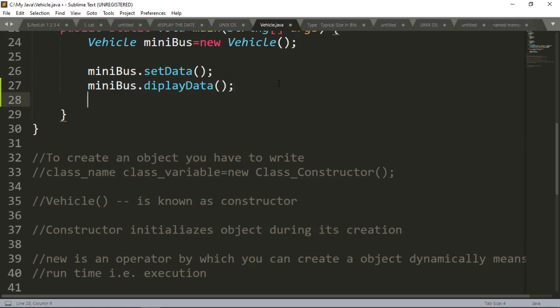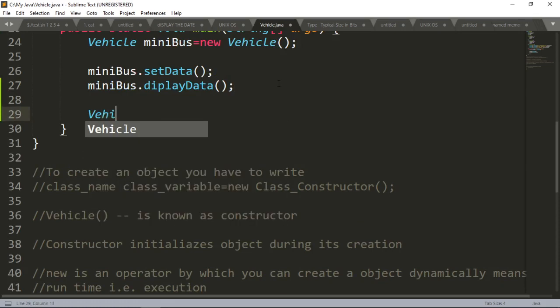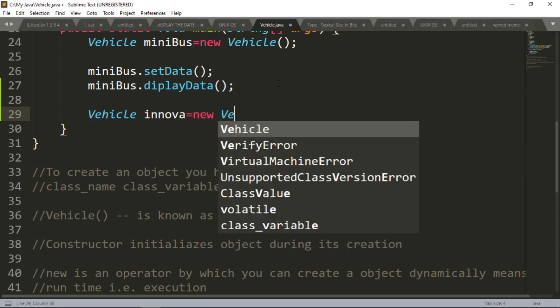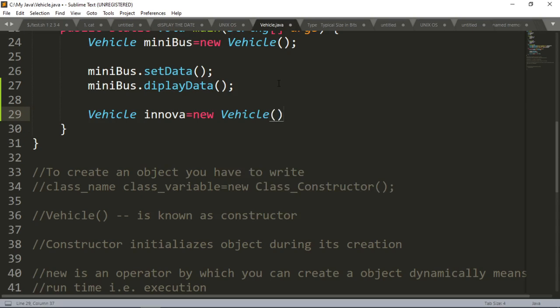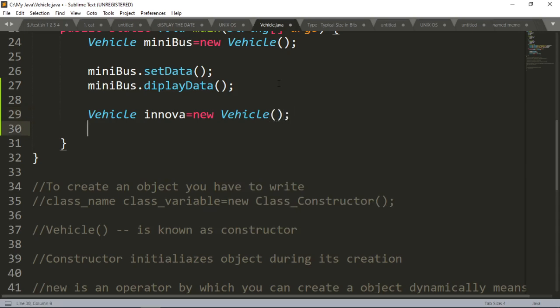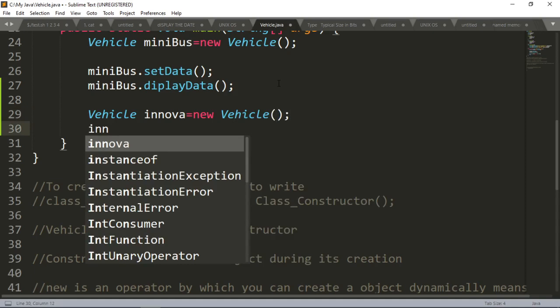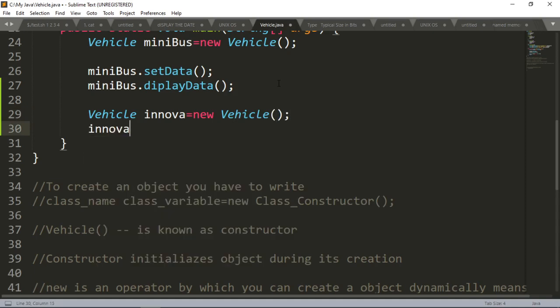So after writing this constructor, whenever you try to create an object, suppose I am creating an object here of the Vehicle class, Vehicle, and the name of the object will be Innova, for example, Toyota Innova. And that is equal to new Vehicle. Now Innova dot, what I can do is display data.